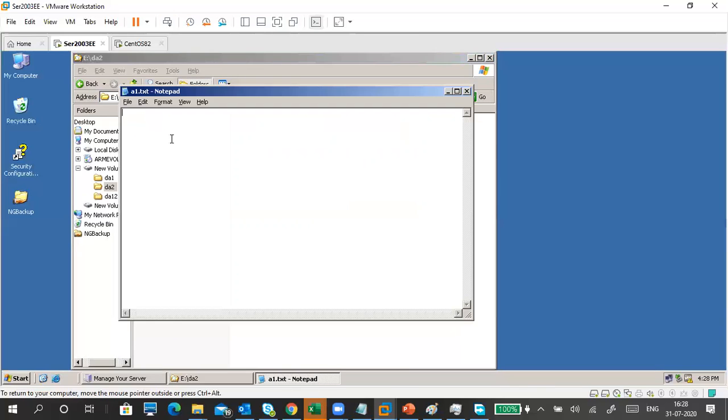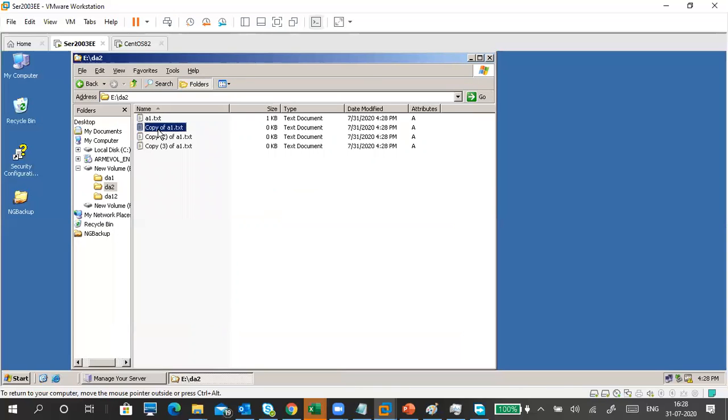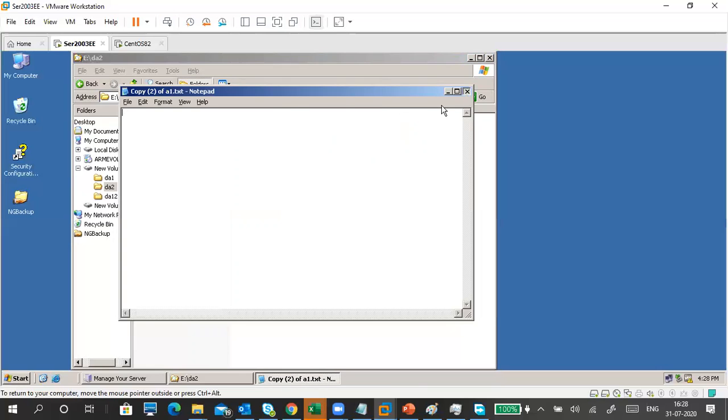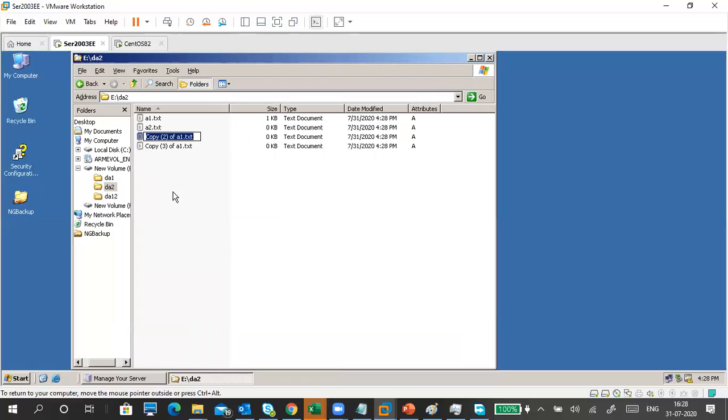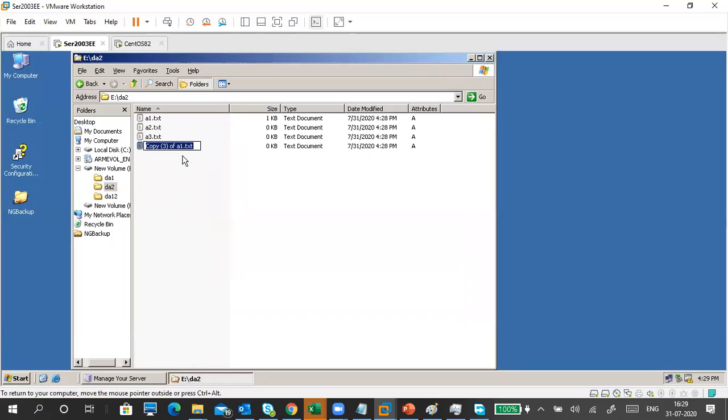Okay. So actually, if you put some data here, then you can use it better. Rename. A2. A3. Why is it opening like this? A4.txt.